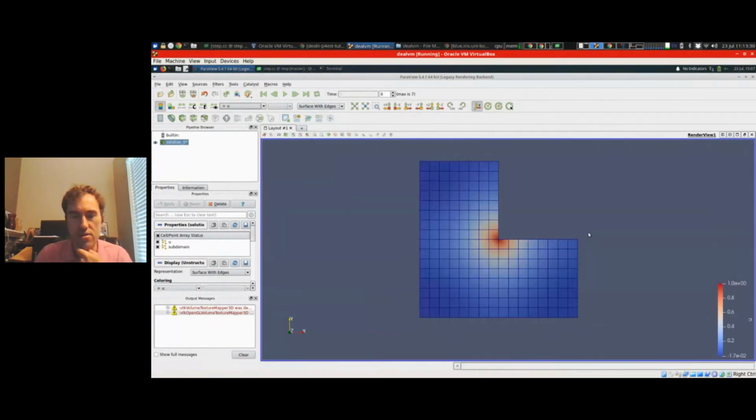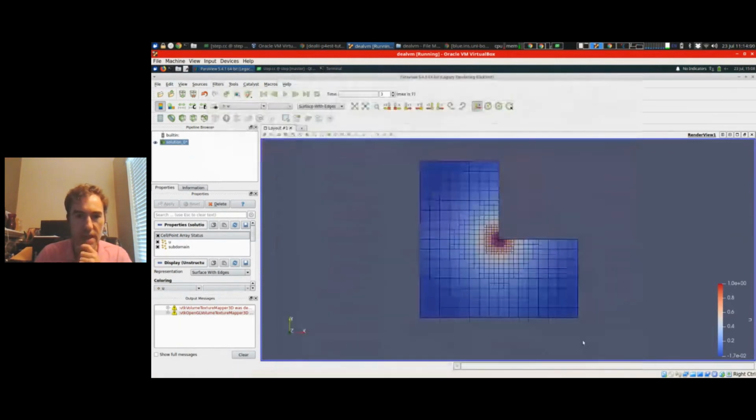So this looks more or less like a radially symmetric solution, right? It goes from 0 to 1, and it's 1 in the re-entrant corner here. And that's the simple thing. And then instead of time, what we have is the adaptive refinement cycle. So if I go forward in time, we see that we refine close to the area in the middle. And let me just add a filter